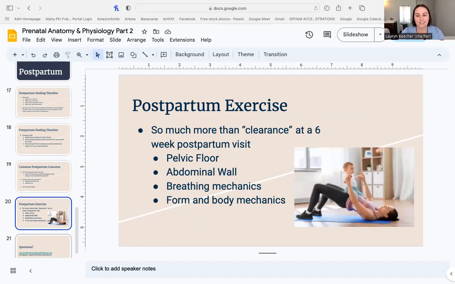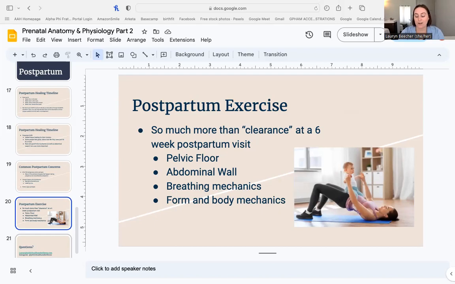So with that, the very last thing I have here is postpartum exercise. Again, not meant to be a deep dive into this, but knowing that the clearance or the okay that is given at 6 weeks postpartum or 8 weeks postpartum is only talking about tissue healing. It's saying that that wound from the placenta has healed, you've stopped bleeding, the perineal tearing that can happen, or the incision from the scar tissue. It's saying that at the most basic level, those tissues have healed, or at least they're mostly healed.